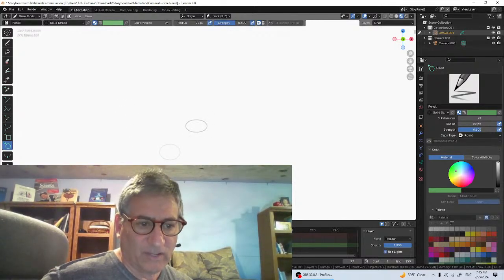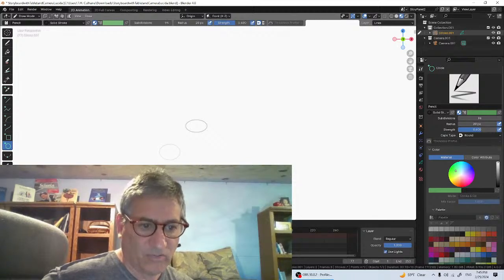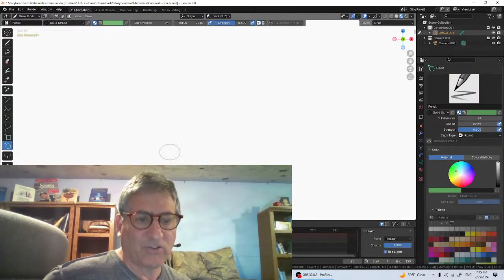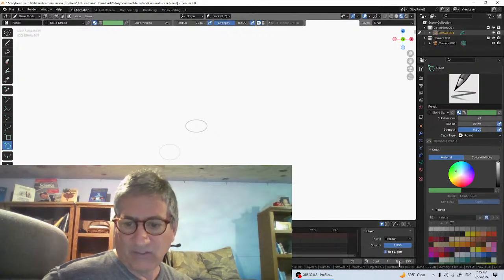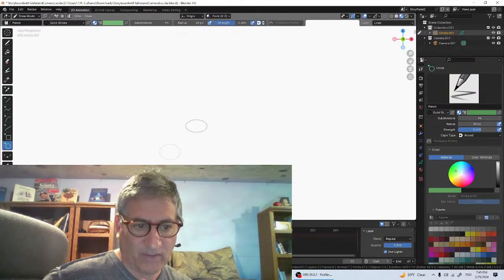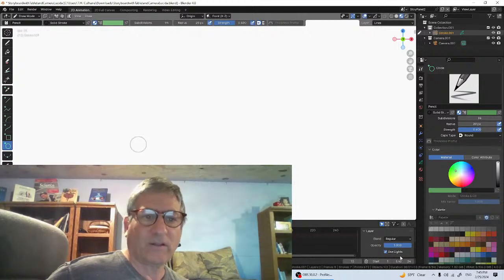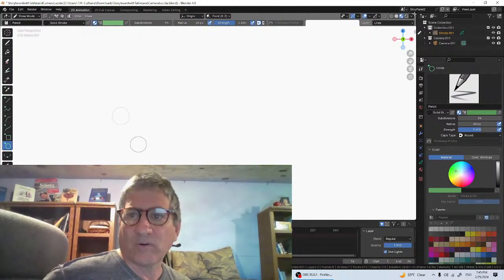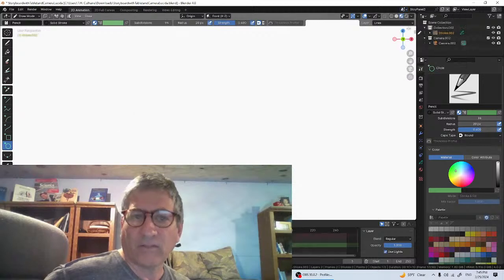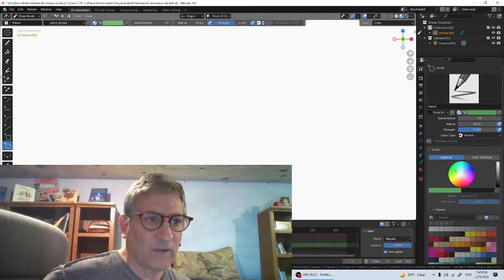So I'll grab these again, and I'll move them, and grab this and move that, and grab that and move that, and grab this and move that. And now I have this animation of a bouncing ball. Again, it's too long, so if I grab over here and bring it down to 40 frames, it'll loop, and we have the bouncing ball looping through. All right, that's storyboard panel 2, and storyboard panel 3, maybe I do